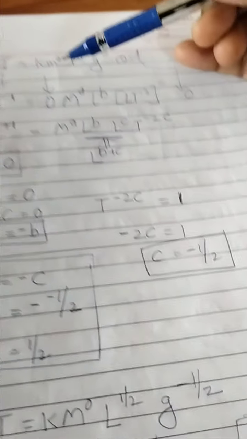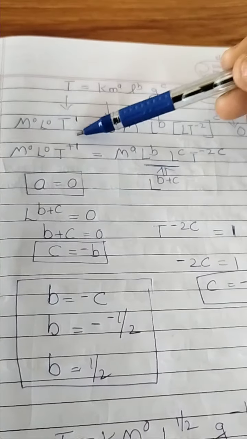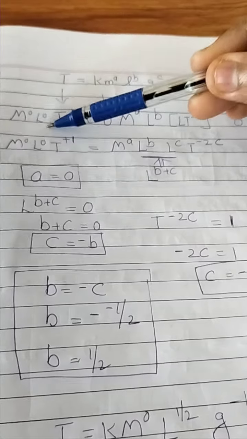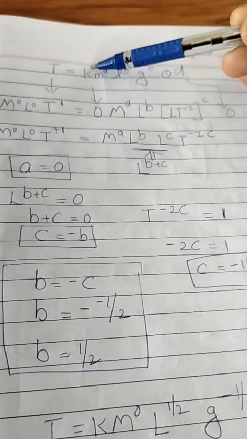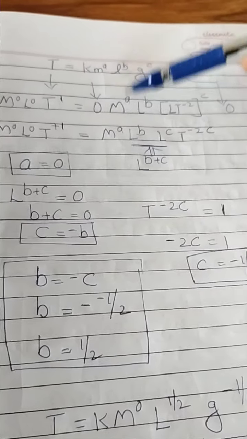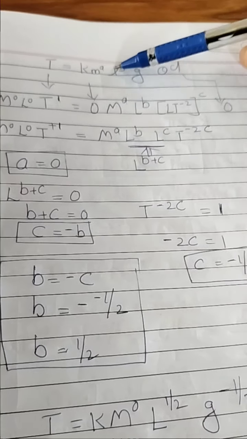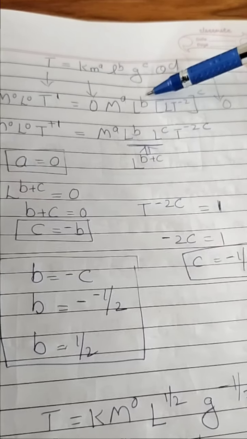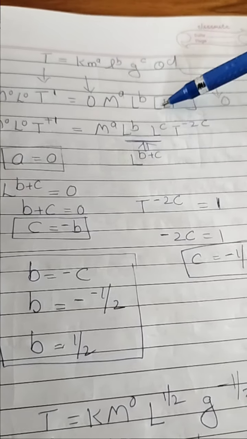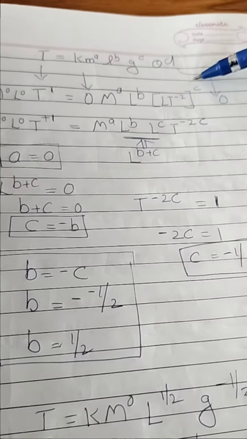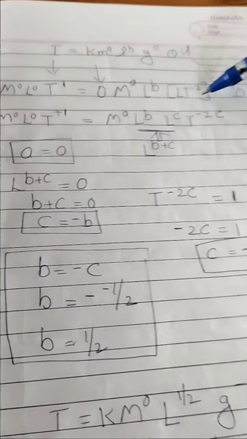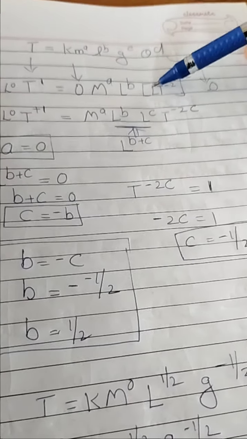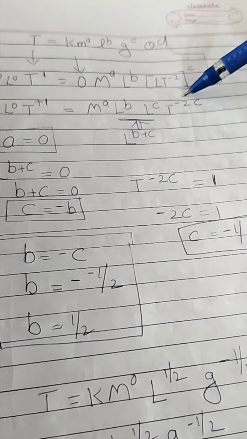Okay, so we write it in the form of dimensions. T dimension is t raised to 1. All other terms are 0: M is 0, L is 0, t raised to 1 because t is present. K's dimension is 0. M dimension is capital M raised to a. L dimension is capital L raised to b. G dimension is L t raised to minus 2, all raised to c. Theta dimension is 0. Then I just multiply this c inside: L^c t raised to minus 2c.